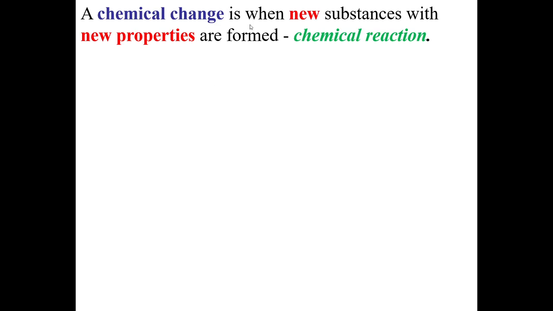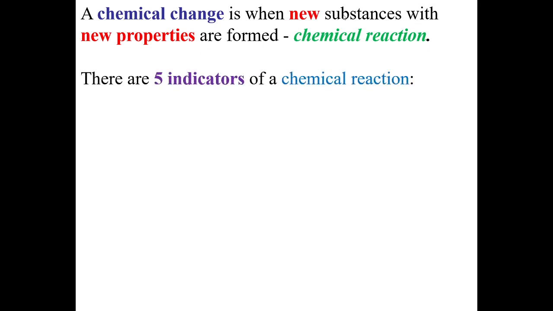Whereas chemical changes, this is when we have a new substance with new properties formed. So this is a chemical reaction. The rule of thumb here is, if you're wondering if it's a chemical reaction, can you change it back? Could you go back to the original substance easily? So some of these indicators: